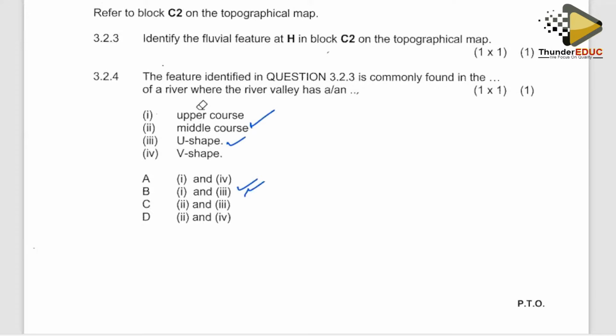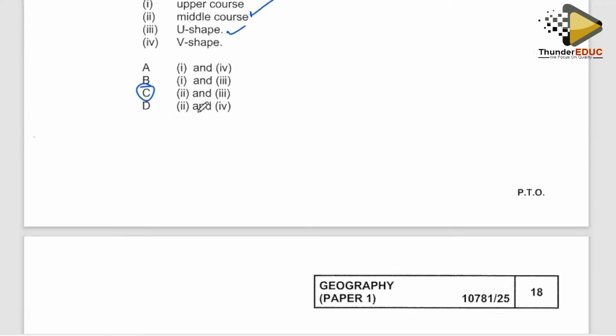I'm matching the wrong things here. It's item number 2 and item number 3. They are matched at C. Right. Then the next question says,